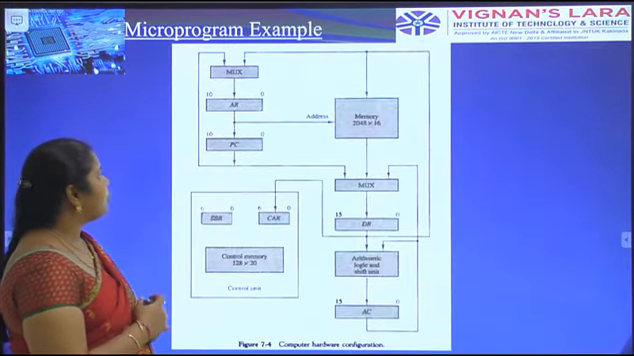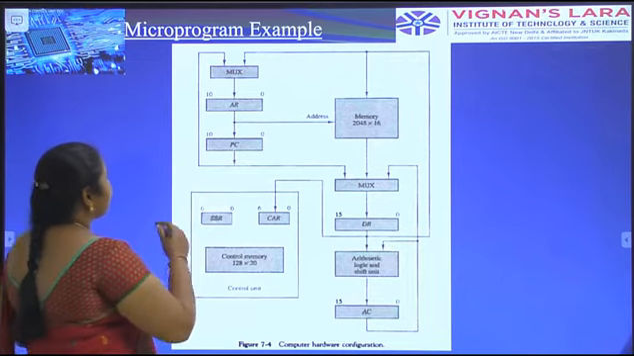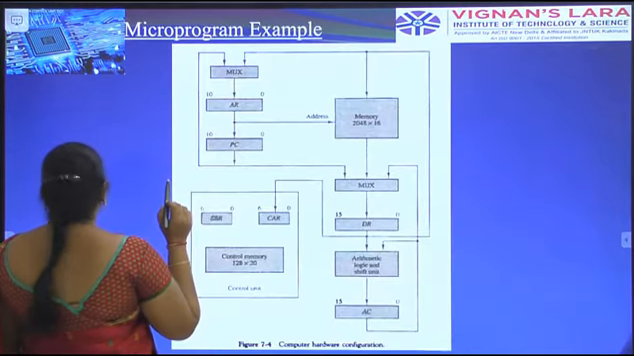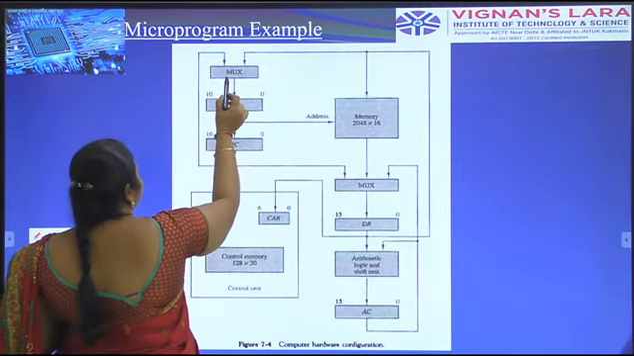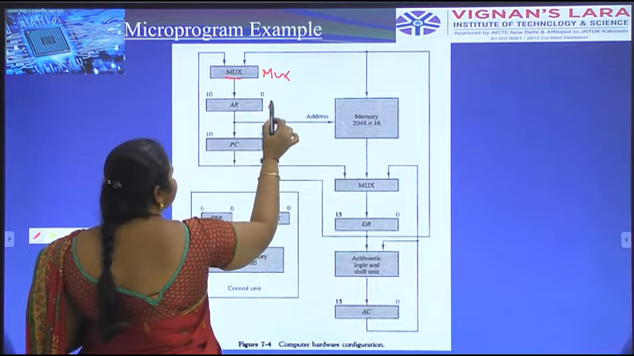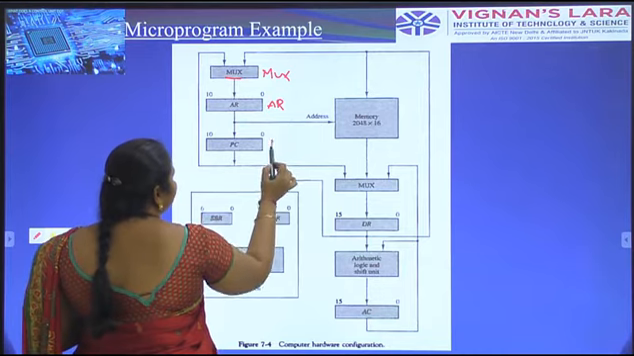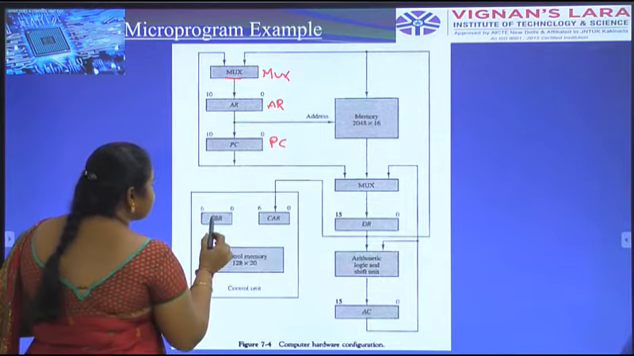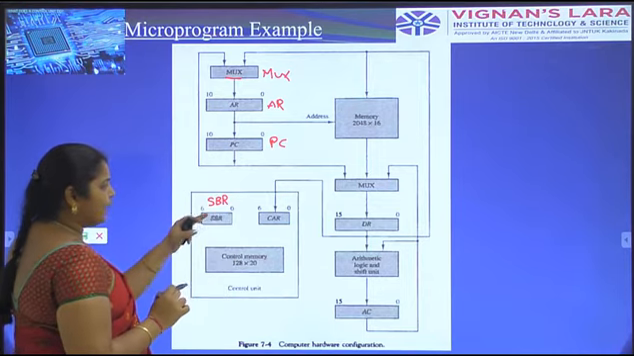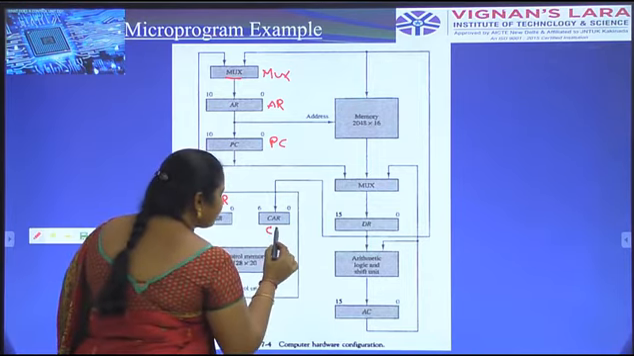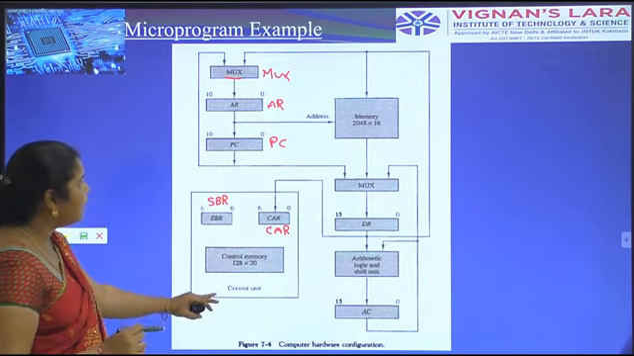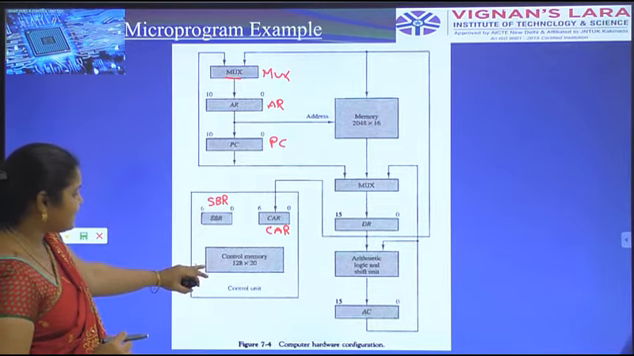Next, coming to the microprogram example. Here in the microprogram example, this is a multiplexer, denoted by MUX. This is the address register and the program counter. Here this is a subroutine, denoted by SDR. CAR means control address register. This is a control memory. This is a control unit, consisting of